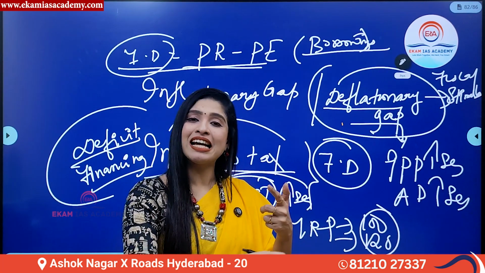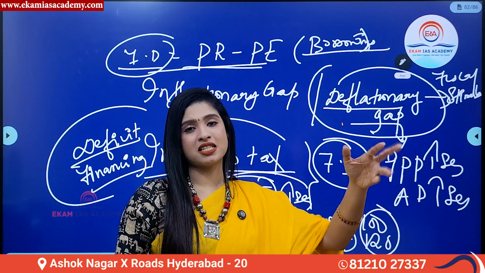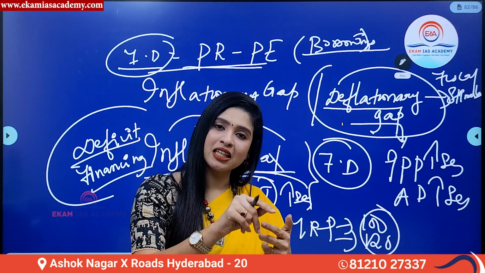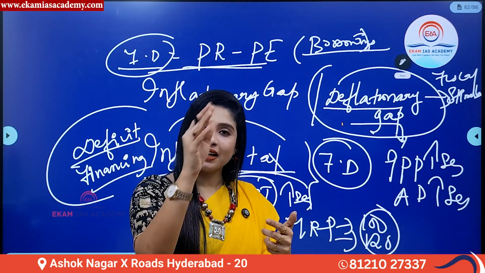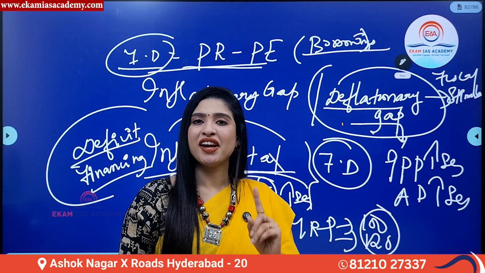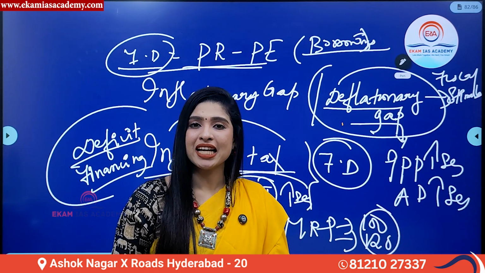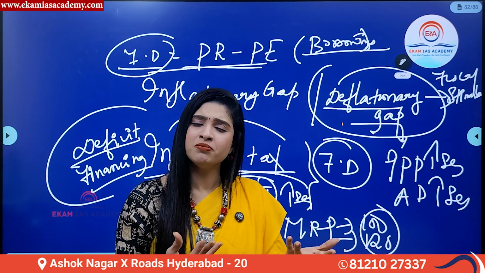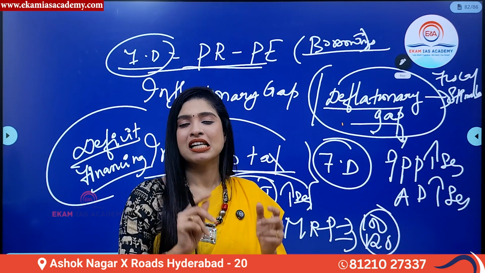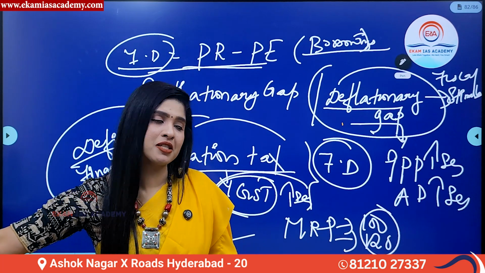What tax? By increasing what? Increasing the indirect taxes. Automatically inflation increases. Price of commodities increases. So this acts like a tax. They're injecting money, they're doing welfare activity, but again, the government is liable to pay it back. How will the government pay it back? One way is by getting public revenue. That is by increasing what? Tax and non-tax revenues. So that is collected from whom? The general public or the common man. So automatically this acts like a tax. This situation is called inflation tax in simple terms.